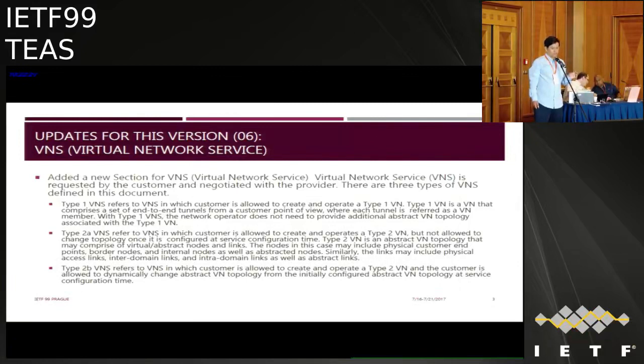What type 1 virtual network means is it's a virtual network that comprises a set of end-to-end tunnels from the customer perspective. So there's no interaction with the topology or TE tunnel from that perspective. Customers just have their endpoints and then they request a service like a BOD-like service, but it's a set of end-to-end tunnels. And type 2 VNS is the most interesting one, which refers to the service that operates based on type 2 VN, which